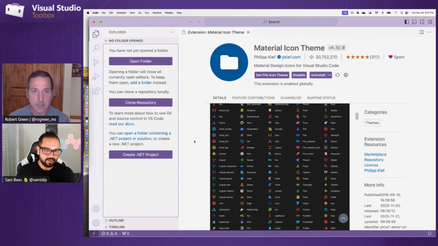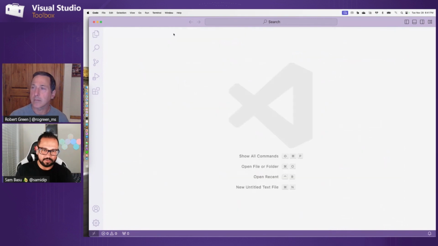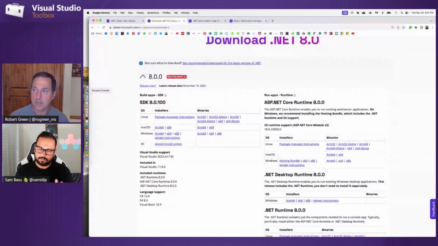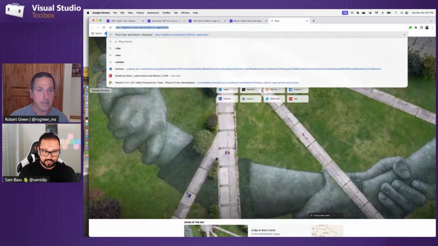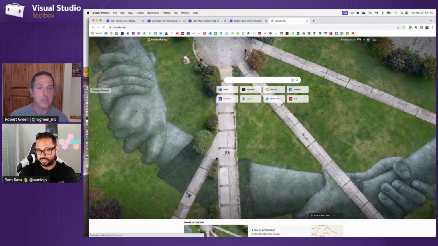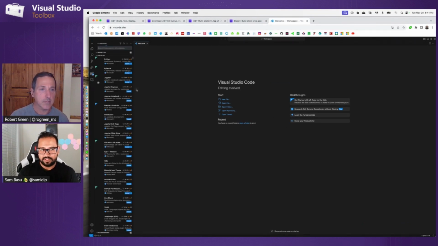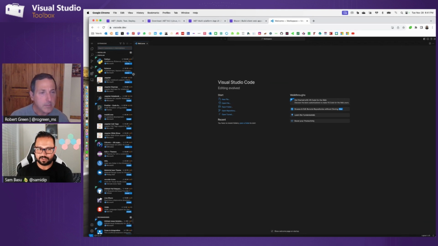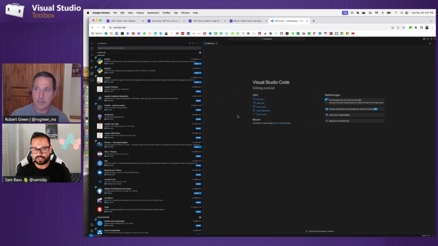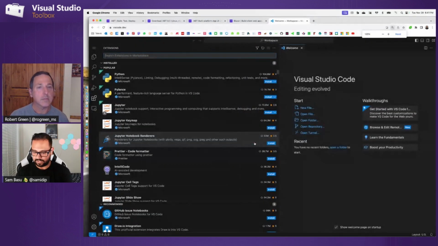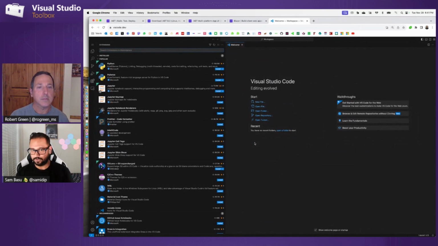So I'm going to go in here and actually this VS Code experience that you have, just think about the portability of .NET here as well. I can do vscode.dev, which is the same exact VS Code experience, except now I am in my browser. There are certain limitations, like you cannot do terminal, because this is actually not being hosted anywhere. It's just literally in a browser. But I have the same extensions right in here in a browser, and I can edit my C# code. If I was, in a pinch, I just wanted to get access to my code that's sitting somewhere, I can just do this in a browser.